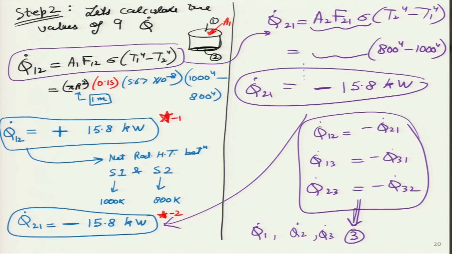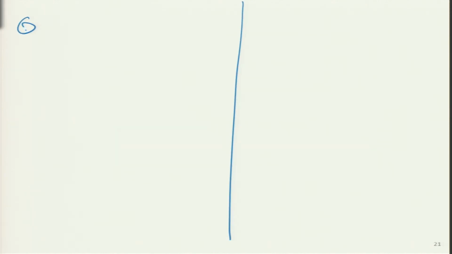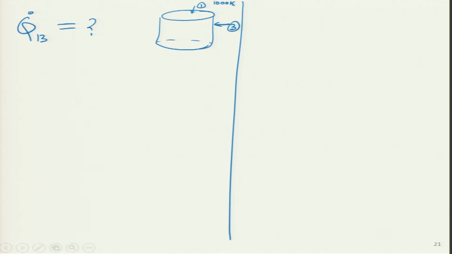So, next the problem that I want to tackle is between surface 1 and surface 3, which means I want to find out the value of Q dot 13, how much is this, and let me draw that surface again. So, now I am talking about the top surface 1 and the side surface 3, and temperatures we remember top surface was 1000 Kelvin and side surface was how much? 500 Kelvin, which means again I know without solving it, it will turn out to be a positive number. How? Because T1 is greater than T3, and I can show with the expression also, it will turn out to be A1 F13 sigma (T1 to the power 4 minus T3 to the power 4).